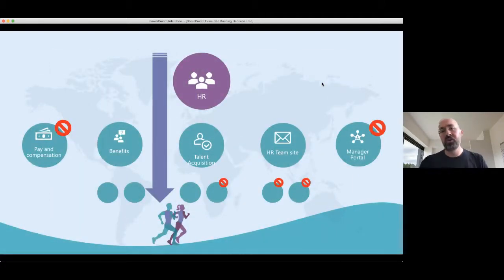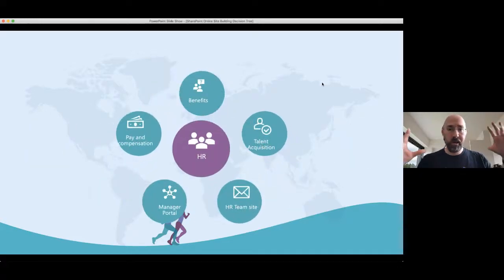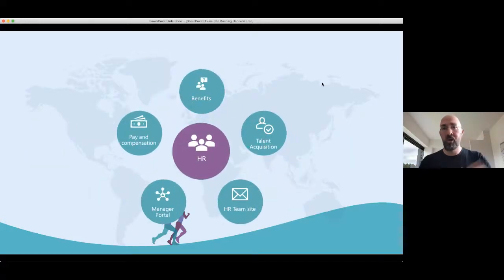So think about your traditional model. You've got a traditional site collection that represents HR. You've got subsites underneath that. You may be inheriting permissions. You may be creating unique permissions in there. If you activate site collection features, it can apply to every site in there, whether they actually need it or not. So what hubs do is to give each of these sites their own site collection, so they get their